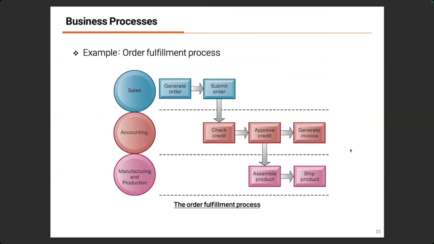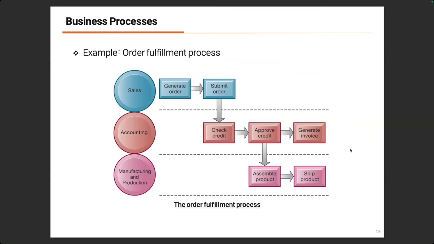For example, maybe once a customer orders some products, the sales department receives the order, and they submit the order to the accounting department to ensure the customer